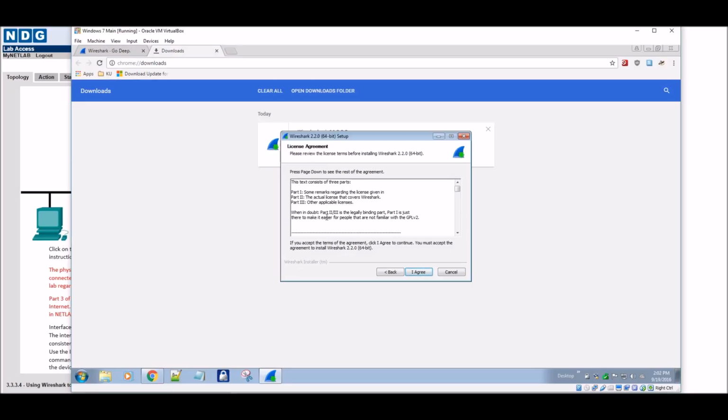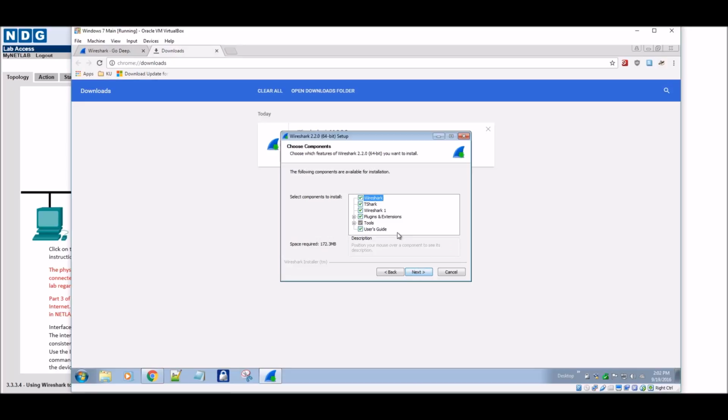And we're going to click yes, and read the licensing agreement. It's got all the information in there. After you read that, you can click on I agree. If you don't agree, then back out and don't install it. And I'm going to install it with all of the options here: Wireshark, TShark, Wireshark, all the plugins that are on there. On the tools here, I just let it go ahead and do those. I don't need the other ones here because I'm not going to do an Android. I just leave it default.